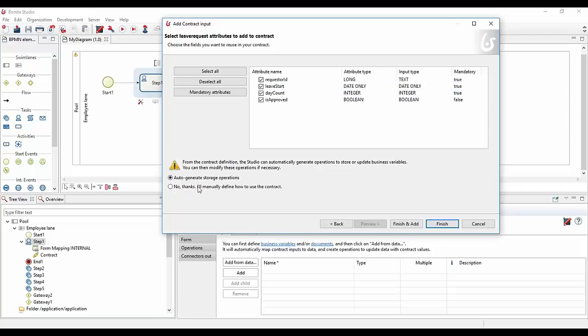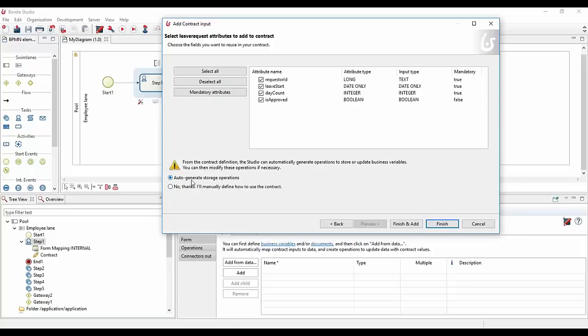You see here we have two options. Either you don't want to use this information in order to change or to process the information coming from the contract into the business variable that we are using here, or you want to do that.